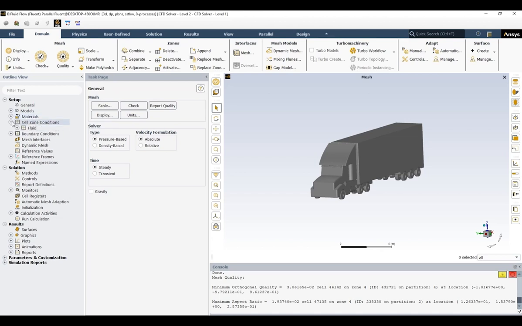Next, we're going to have to go to the cell zone condition. If I expand this, you can see that since we only had one type of domain, which was the airflow domain, we only have this one cell zone. If I expand it, you can see that the flow cell zone is shown. If I double click on it,